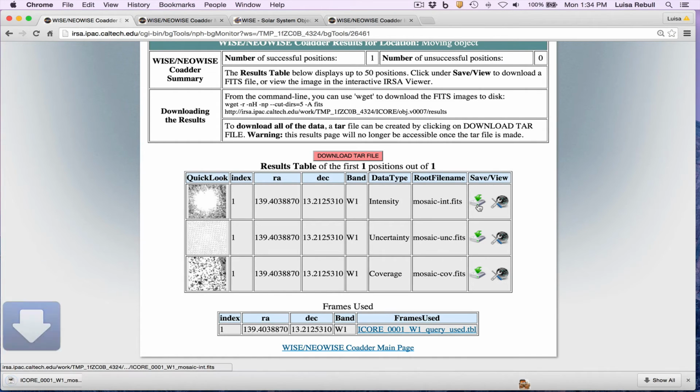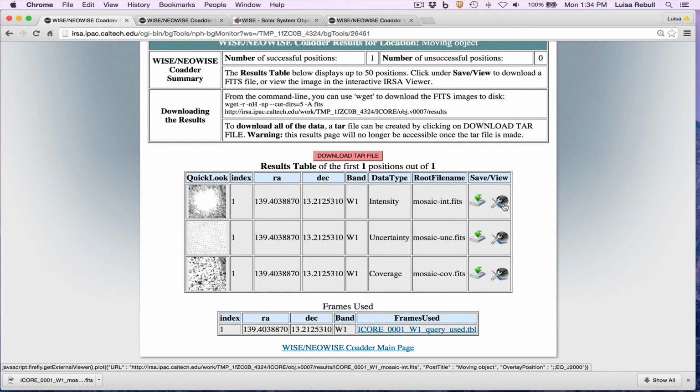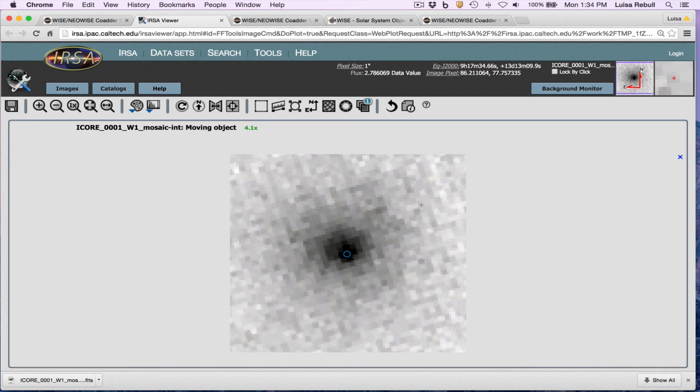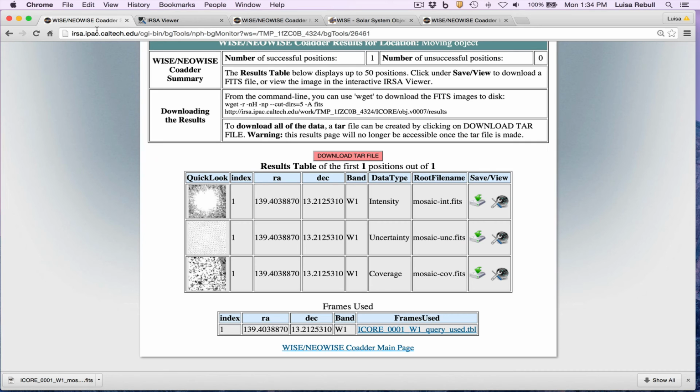If I click on this, it saves the file to wherever my browser is configured to save downloads. But let's drop it straight into the Ursa Viewer. This is the FITS file, so you can interact with it just like you can with anything else in Ursa Viewer. There are other movies talking about how to use Ursa Viewer. But for now, let's go back here and make sure that I saved that one to disk.